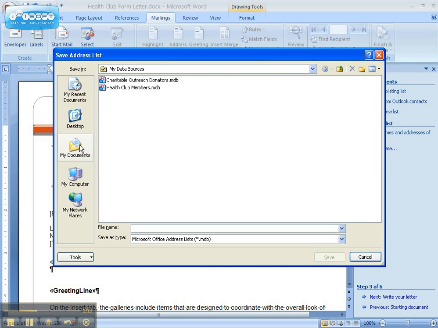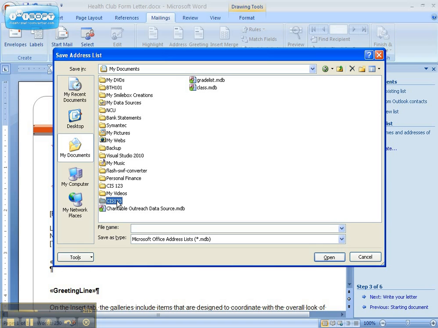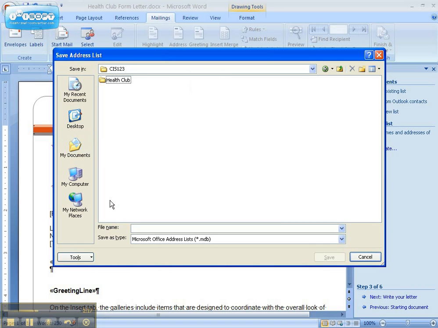So I'm going to go to My Documents, CIS 123, and Health Club. We're going to give it a name here. It's going to save it as an Access database. You don't need to know about that for right now. You won't for this chapter even. So as we get in there, I'm going to type in the name Health Club